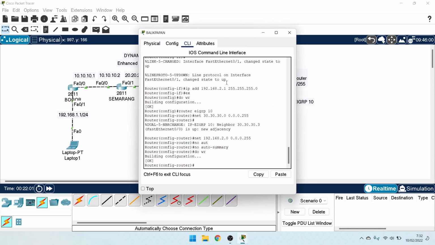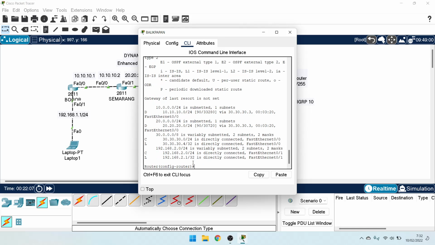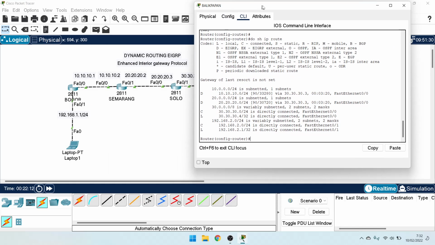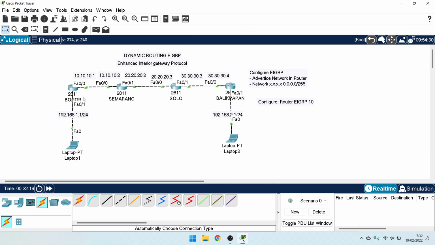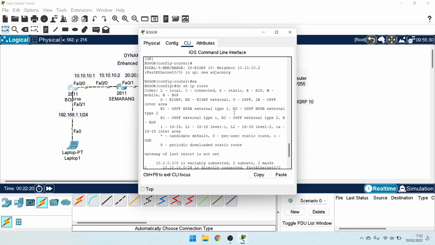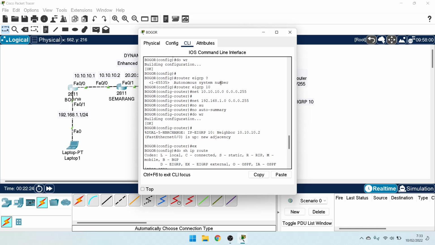In router Balikpapan, do show ip route. There is flag D, EIGRP. And check again in router Bogor. Finished advertising the network.